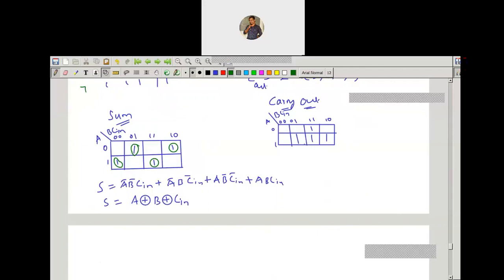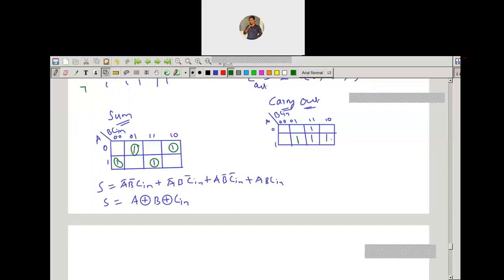Now observe the carry output. This is the mapping of the carry output. Now tell me, how many maximum number of cells can we group here? I can group only a maximum of 2 cells.